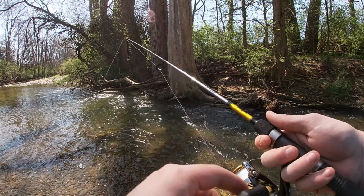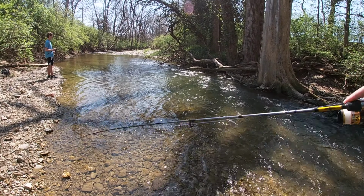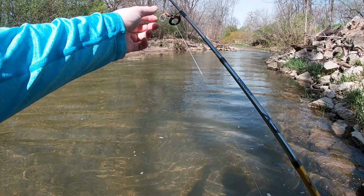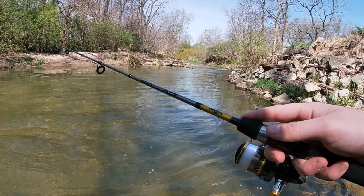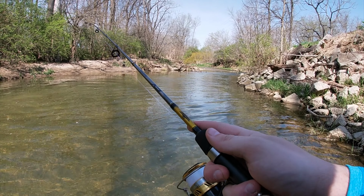On an ultralight combo today, so if we get any fish, it'll be an interesting fight. First time using this rod as well. All right guys, this is one of our first major spots that we're coming up on here. As you can see, there's a pretty decent curve and current over there. So we're gonna go ahead and throw our little MEP spinner here, see if we can get a creek chub